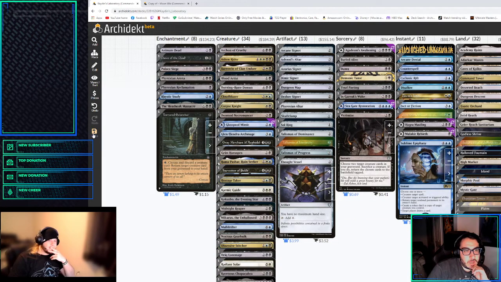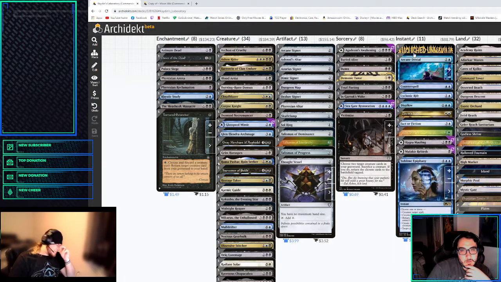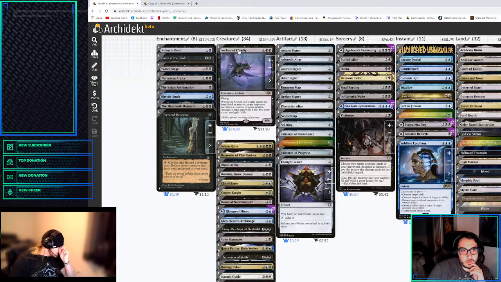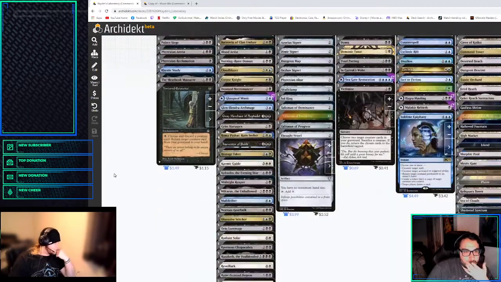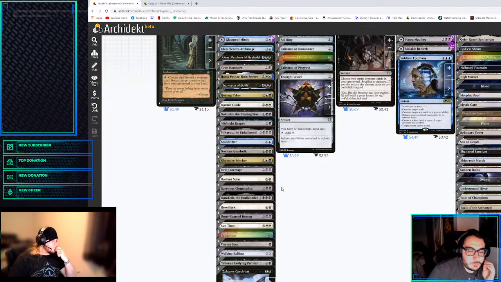I guess I just feel like he's good because he opens up all this. I even think about putting Archaeomancer in a zombie because it is a wizard, and we do run a decent amount of spells. It's not a crazy amount, but...